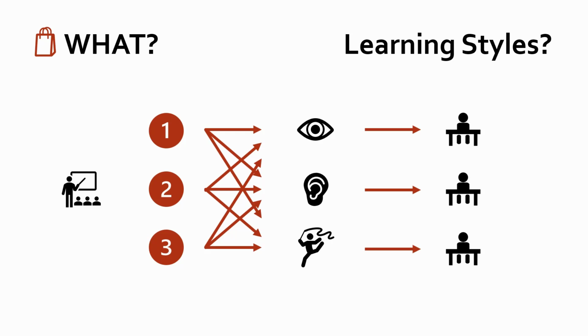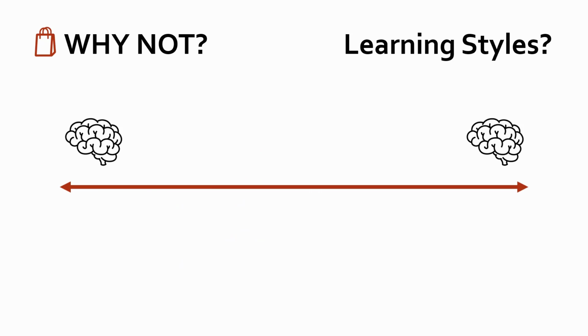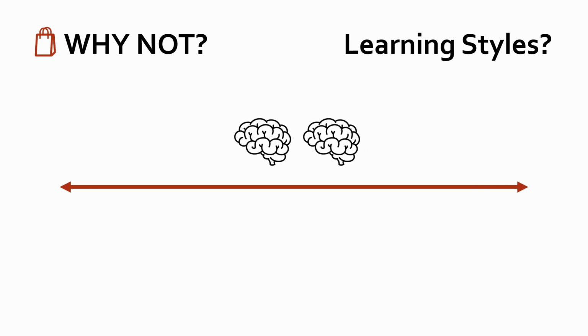However, this theory is now widely discredited by researchers as being both inaccurate and unhelpful. So why is it now thought to be inaccurate and unhelpful? What do we now know about learning that means learning styles should be ditched? Well, human cognitive architecture across individuals is more similar than it is different. There will be surface level differences, but there are deep similarities in the way that we process for our learning.